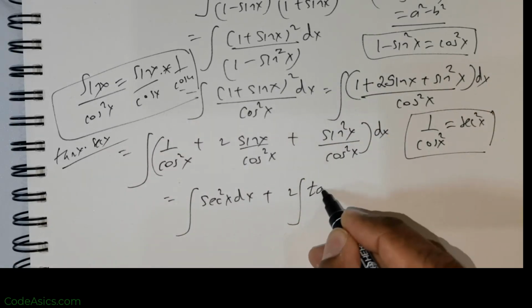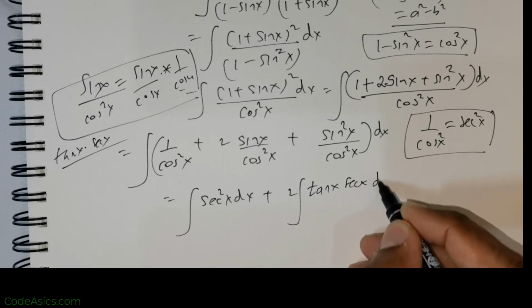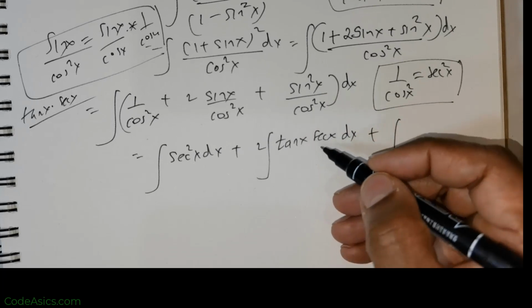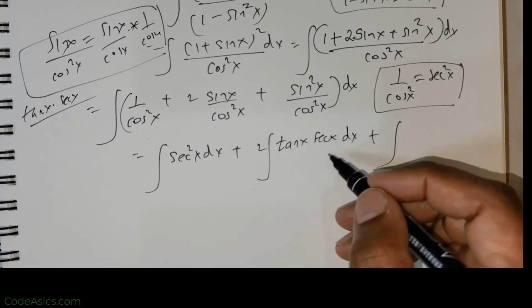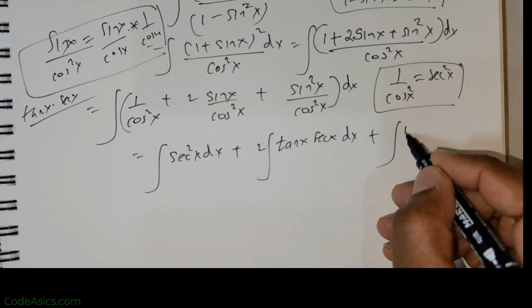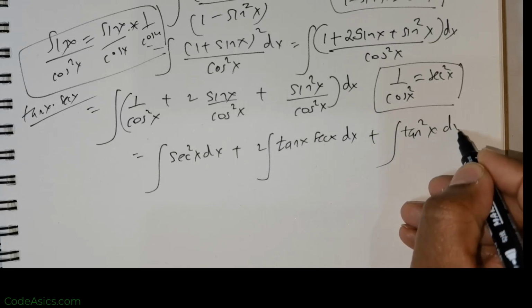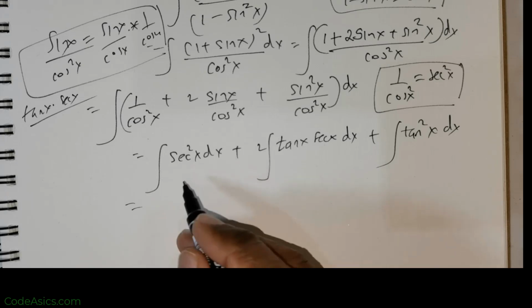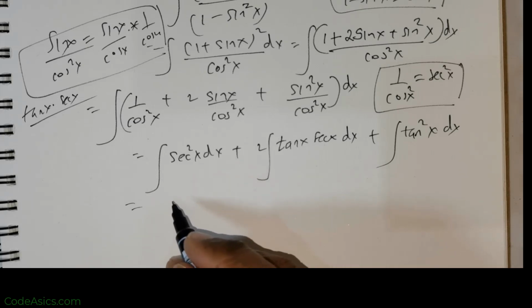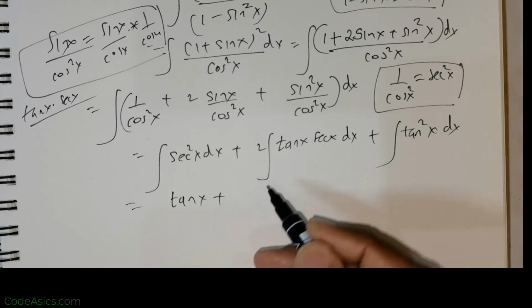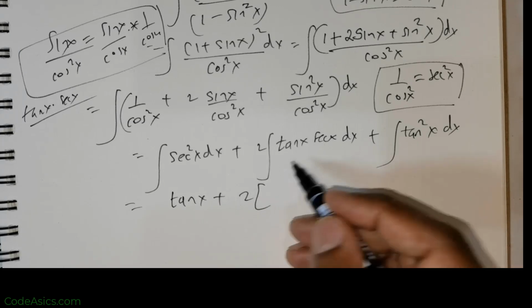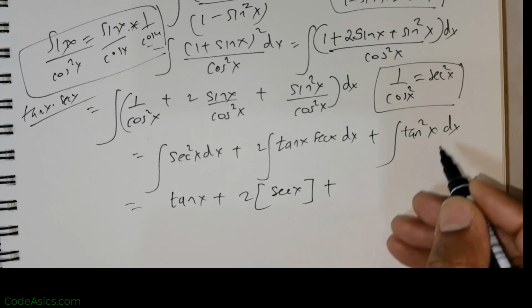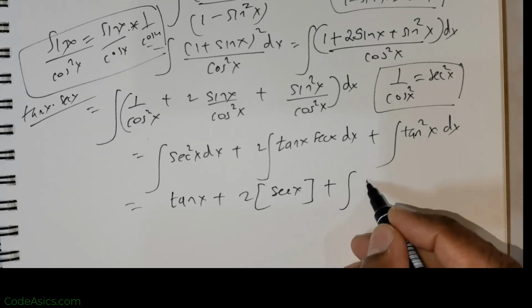So this is tan x times secant x times dx plus integral sin squared x over cos squared x is going to be tan squared x times dx. So this is going to be integral of secant squared x would be tan x, 2 times integral of secant x tan x is going to be secant x, and integral of tan squared x,